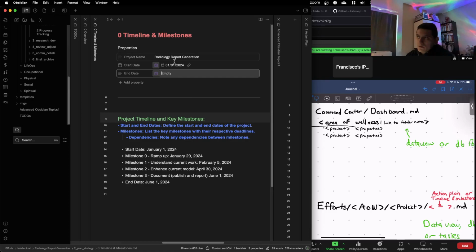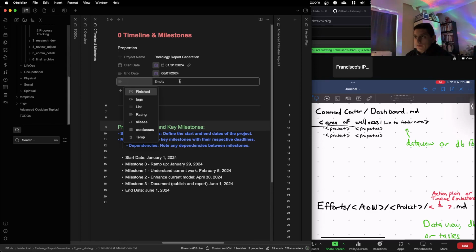Ah, it doesn't show up, but it shows up when needed. So how are we doing this? 06 slash 01 slash 2024. Add.